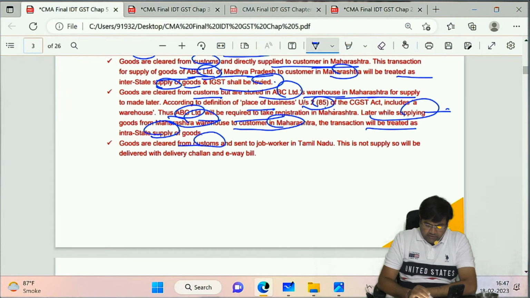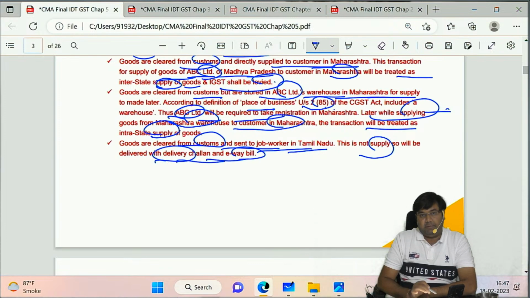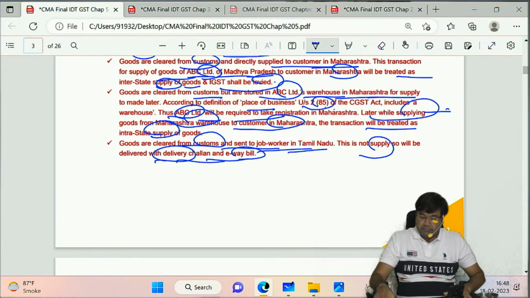Goods are cleared from customs and sent to a job worker in Tamil Nadu. This is not a supply, so it will be delivered with a delivery challan and e-way bill. Okay, so this completes